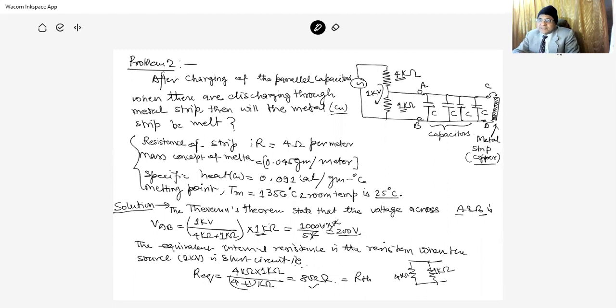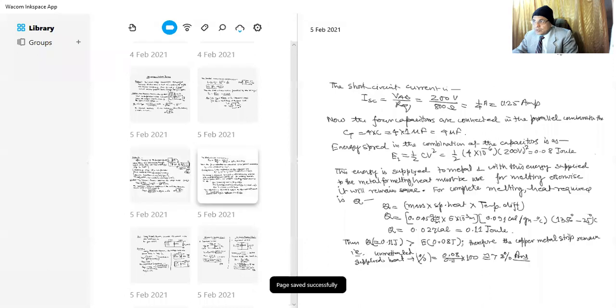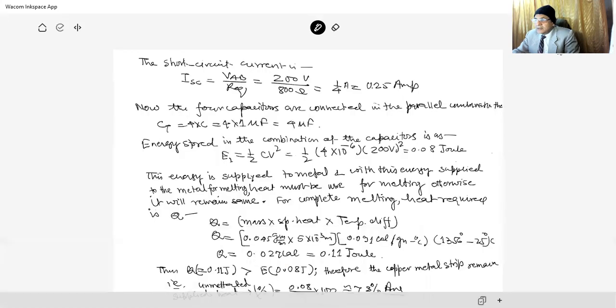These two resistances are parallel, and we have to sum them. This gives the equivalent resistance, that is 800 ohm. Now the short circuit current is VAB, the voltage across A and B, divided by the equivalent resistance in the circuit, that is 800. So this one is 1 by 4 ampere,